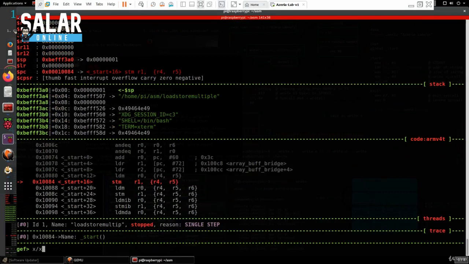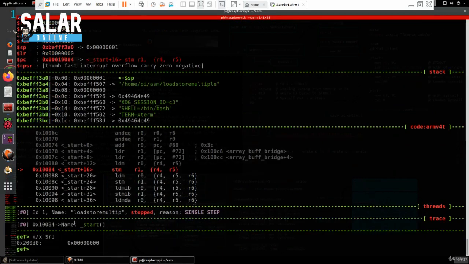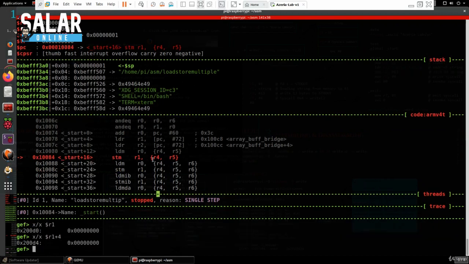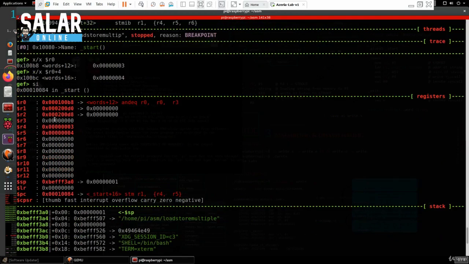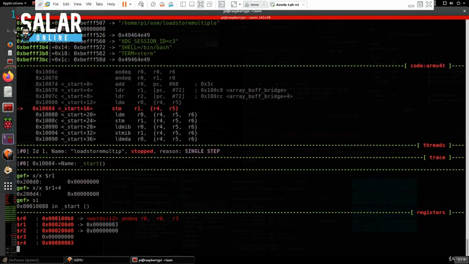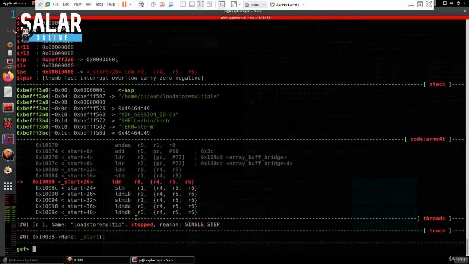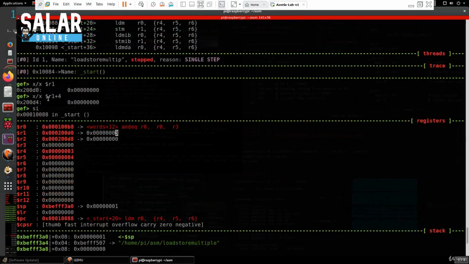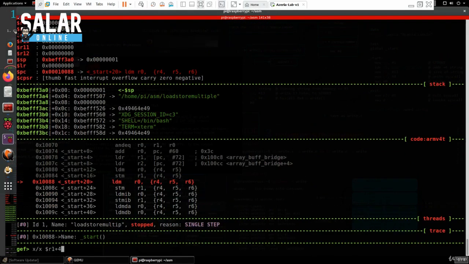If I just examine R1, we can see the value in this location is 0, and if I just say R1 plus 4, it is also 0. So after execution, the value in R4 will be stored to this location, and similarly the value in R5 will be stored to this location. So 3 and 4 will be stored here, and we can do an SI. And if we look at R1 here, R1 contains 3 as expected,